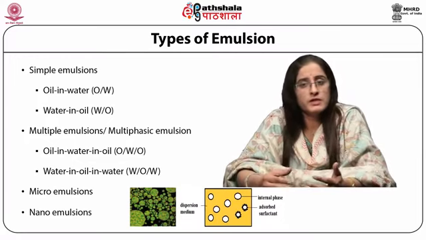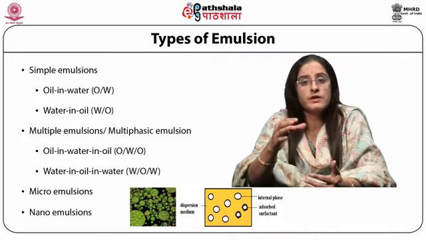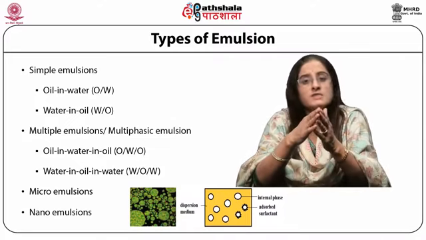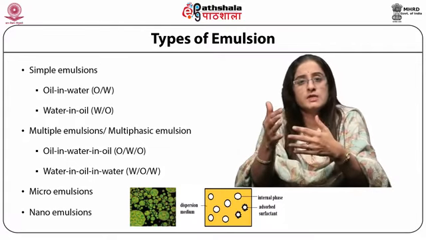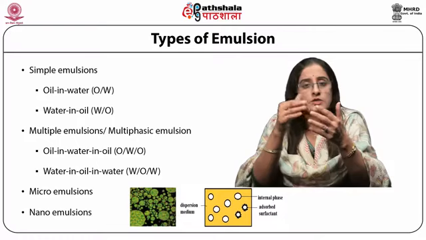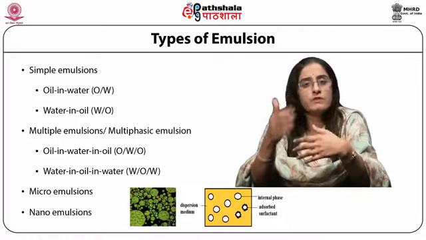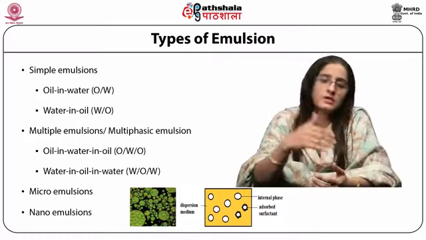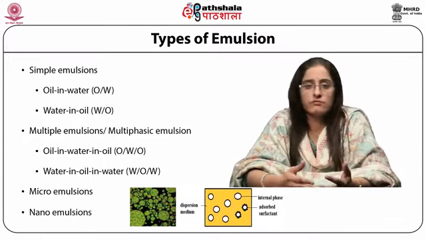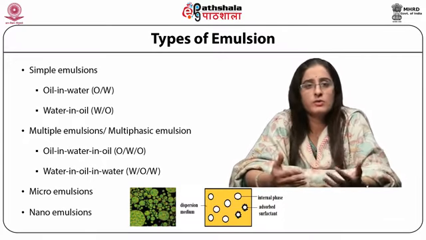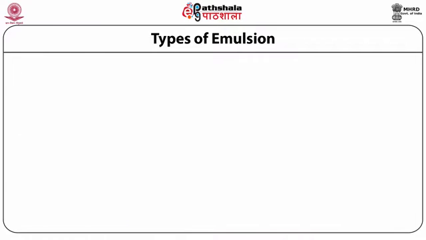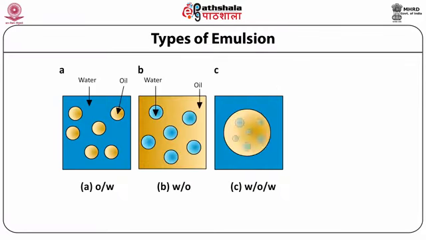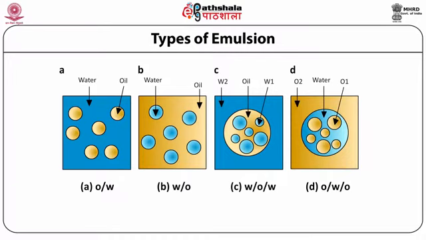Or in other words, due to the adsorption of the surfactant, they generally prevent coalescence, and they generally improve the stability of the emulsion. So we can say the emulsifier plays a very important role in the stability and formulation of emulsion systems, whether it is a nano emulsion, a micro emulsion, a simple emulsion or a multiple emulsion system.